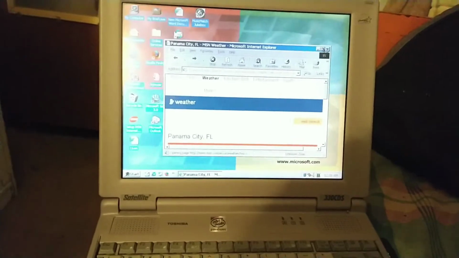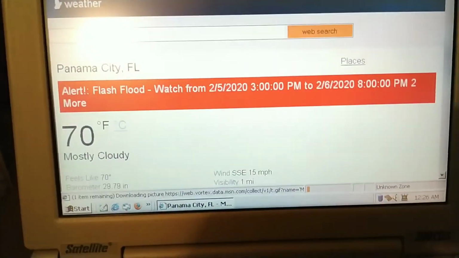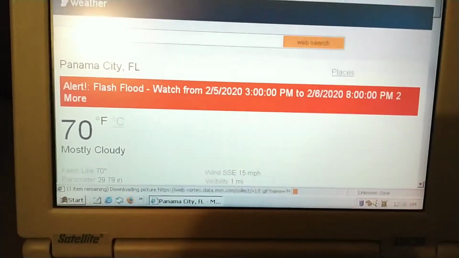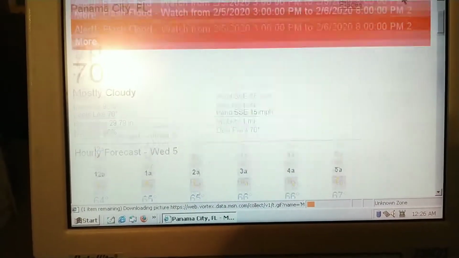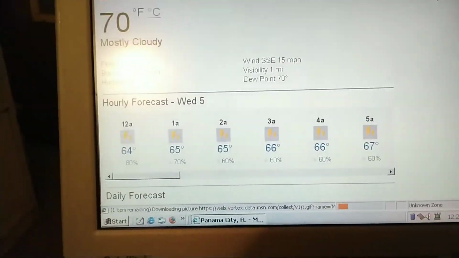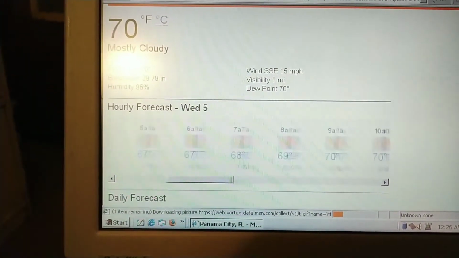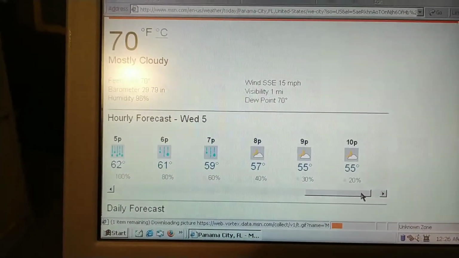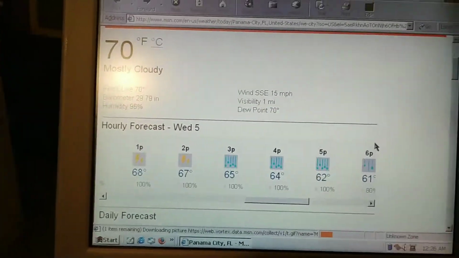Even talks about the upcoming election. How nice. It says, alert, flash flood watch from 3 p.m. to 8 p.m. the next day. It's like it's trying to rain, but it hasn't yet. Wow. Probably about tomorrow night it's gonna slack off. Anyway,